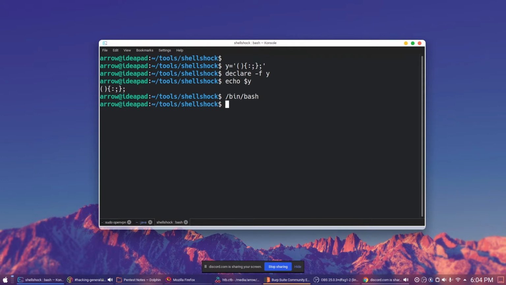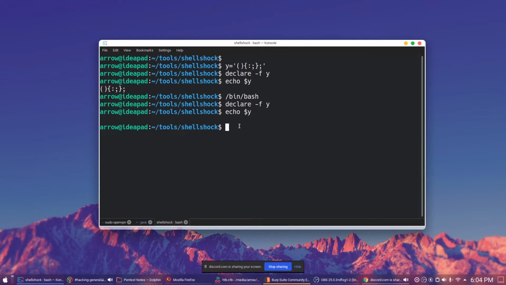If I hit enter, now I can say declare. It did not declare, maybe because it is under 4.3. Let's say echo $y. It is not getting imported into our new shell.